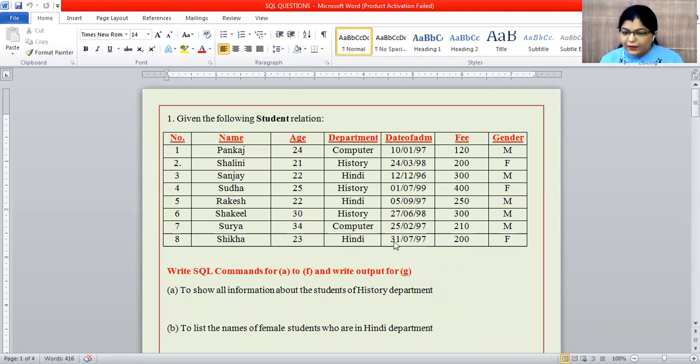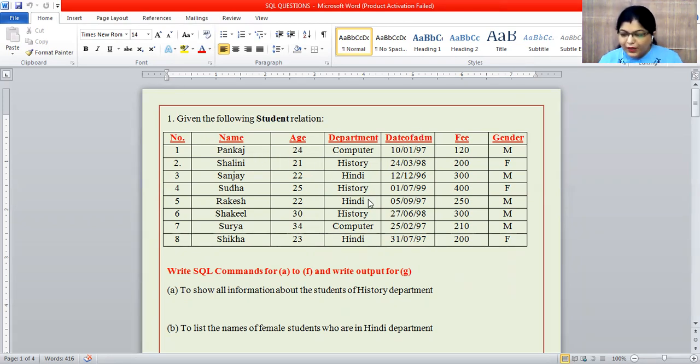Just see here, this is a 5 marks question which always comes in our paper. The question is that they have given us one table. Given the following student relation: number, name, age, department, date of admission, fees, gender. These are the column headings, and these are the values inserted.